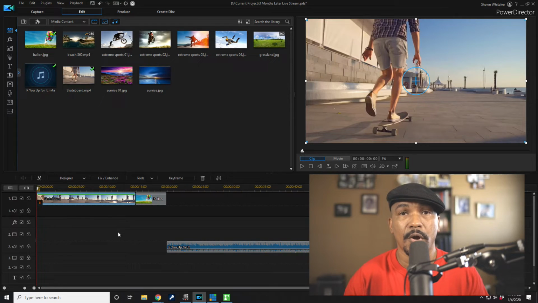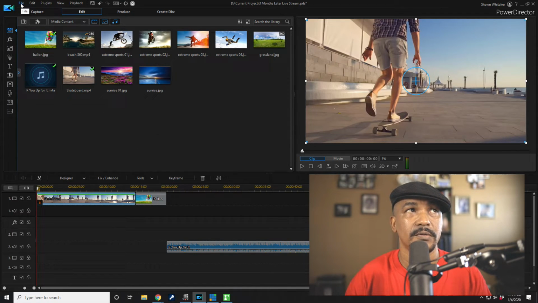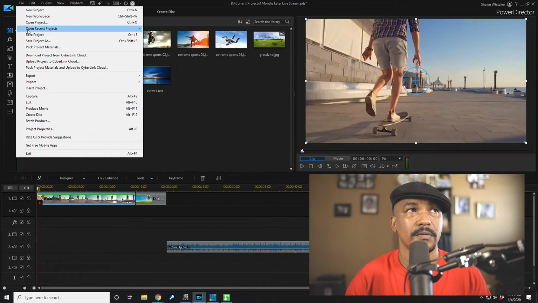So you saw earlier that I have multiple hard drives connected to this machine. So if you want to save all of the assets to a drive, you just go to File, and you can go to Pack Project Materials. Now, what this does is it takes all the files that you're using in your timeline, and it creates a PDS file, which is a script that opens up in PowerDirector to open up your project again. So if you click on that,